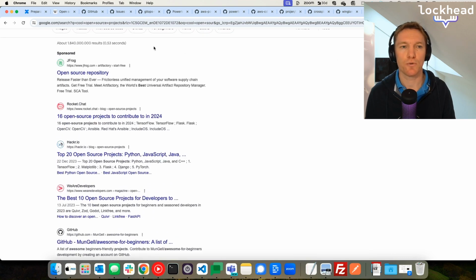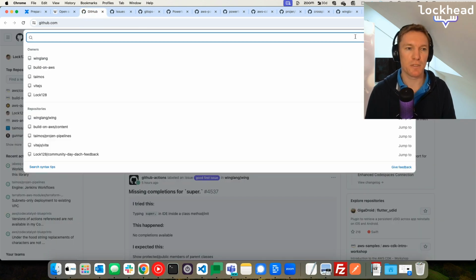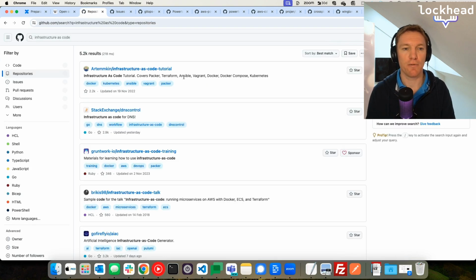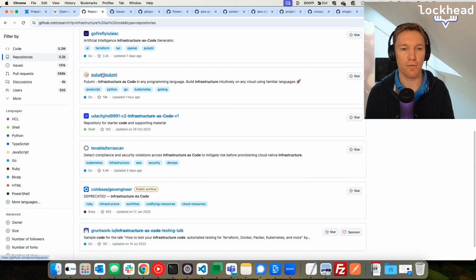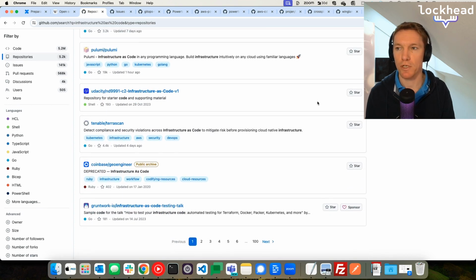But I would advise you to start on the one side on GitHub and ask for a specific topic, like, let's say, infrastructure as code. And I hope that I will get something like Terraform, Pulumi, right? This is what I was looking for. So you can use GitHub search to search for open source projects.